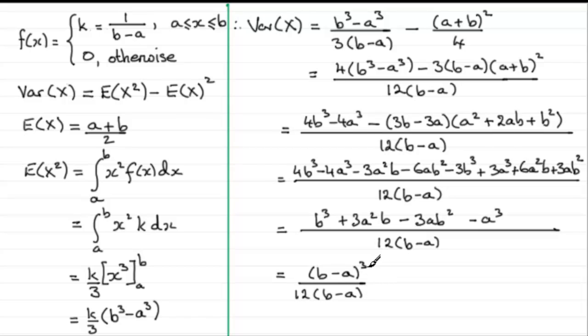And you can see now that the b minus a becomes a common factor. It cancels out here, and one of them goes out with the 3 on the top here, so that brings us down to a 2. So what we end up with is that the variance of our continuous uniform distribution is b minus a all squared divided by 12. And that's how you can go about proving it. Alright,